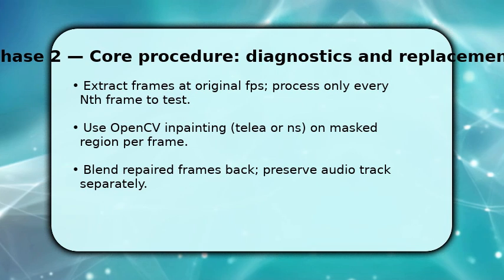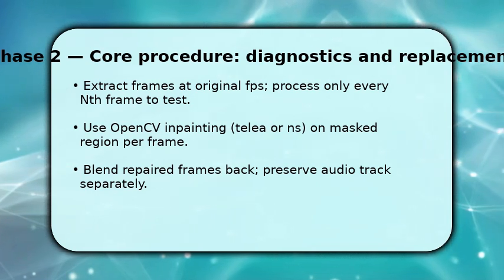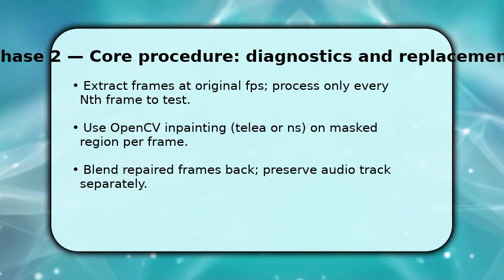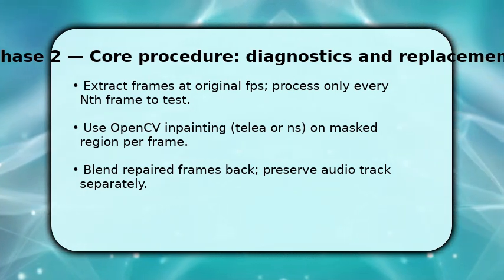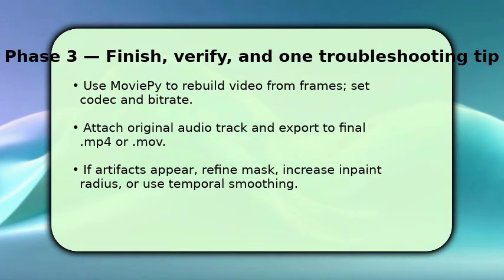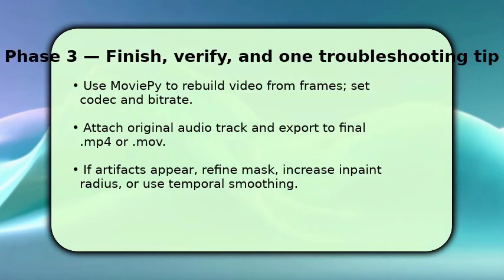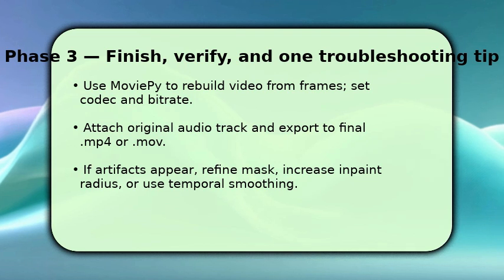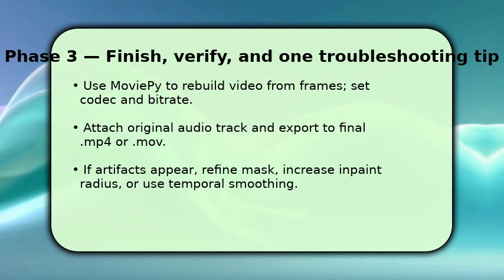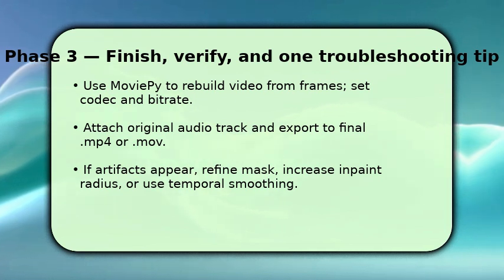This preserves surrounding pixels. Make sure to reassemble frames in order and save as a temp video, while you attach the original audio to keep synchronization. You now rebuild the repaired clip with MoviePy, specifying the original FPS, codec like libx264, and a suitable bitrate so quality remains. Then, load the original audio, set start times, and composite it onto the new video before exporting to